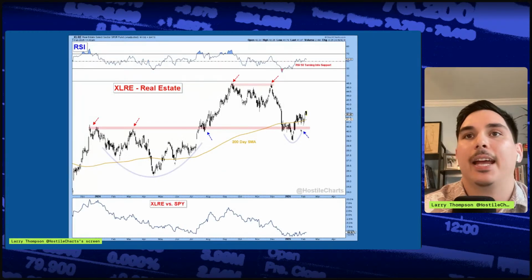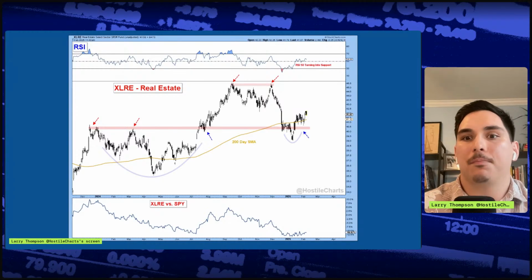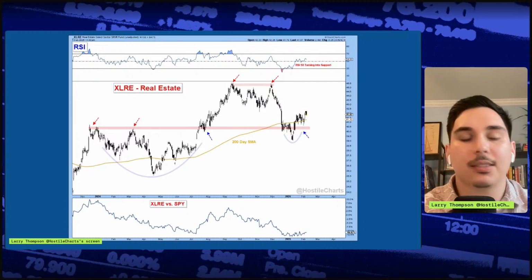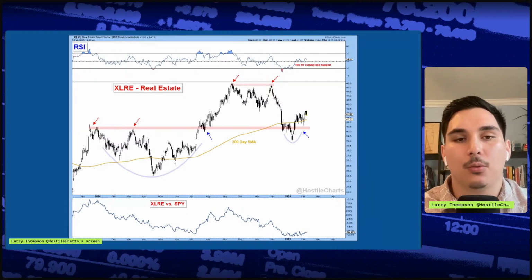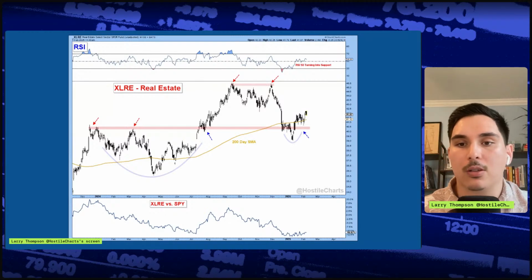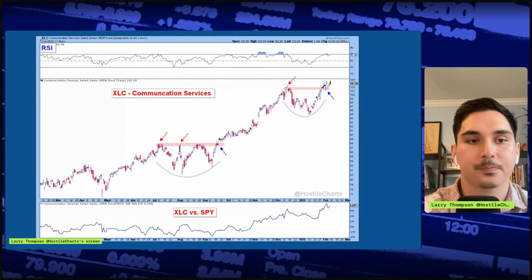Real estate, same thing, right? Kind of had this false breakdown and then recovered, but it's not going anywhere. It's just chop, chop, chop. And it's the worst sectors bouncing. We're not seeing follow through yet. And so it's just one of the things we want to note. On the downside, we're not seeing follow through, but we're also not seeing upside follow through. That's where you get muted new highs minus new lows.